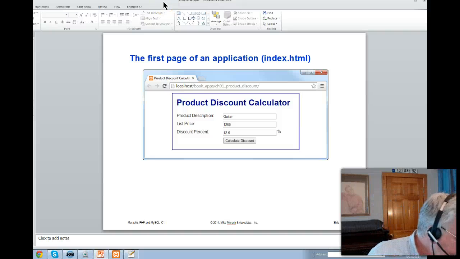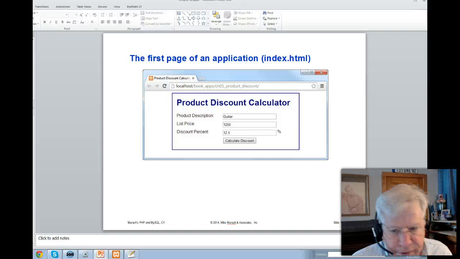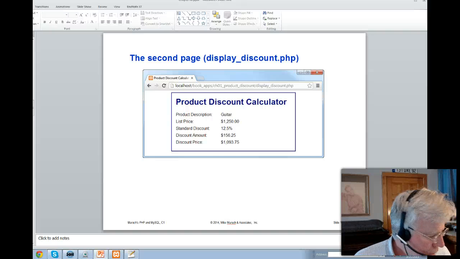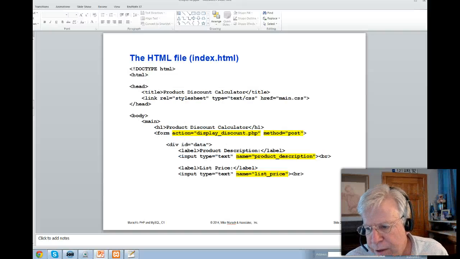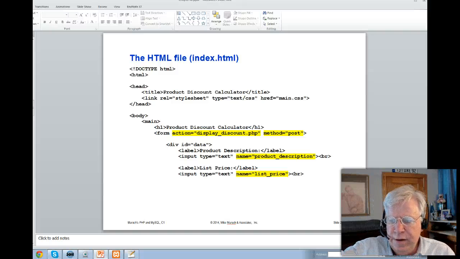we're on page 14 and it's introducing this product discount calculator. This is the HTML page, and then the next page is the final results, and that's the PHP page, which is a combination of PHP code and HTML code together. On page 16, here you see the HTML page, and it's highlighted the key things. The key thing here is that form action equals display discount. It's saying, I'm going to take the information in this form and I'm going to send it to